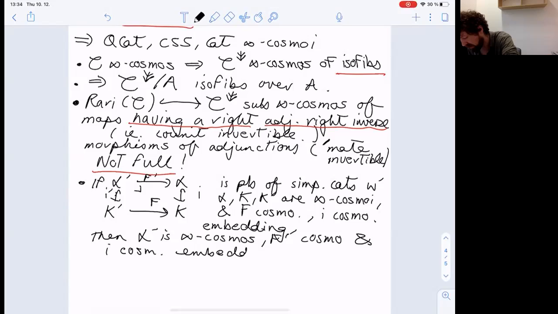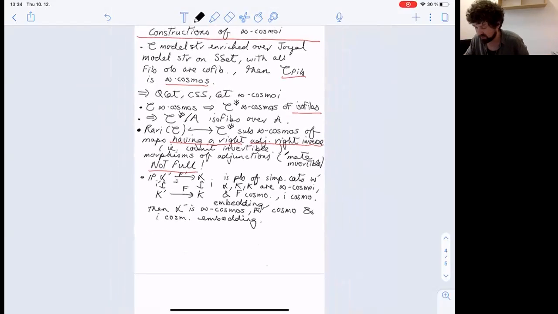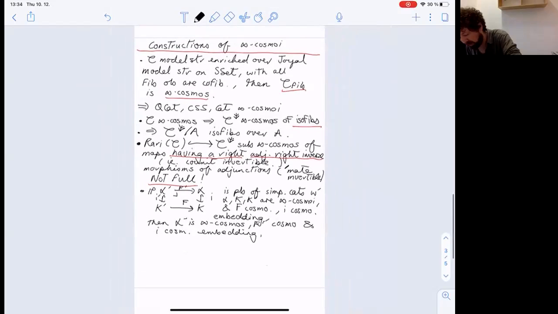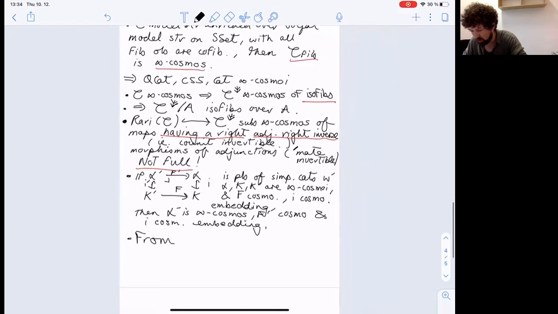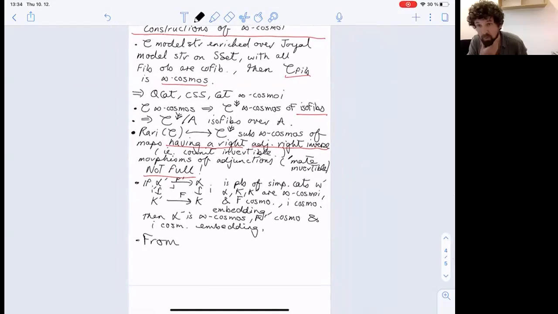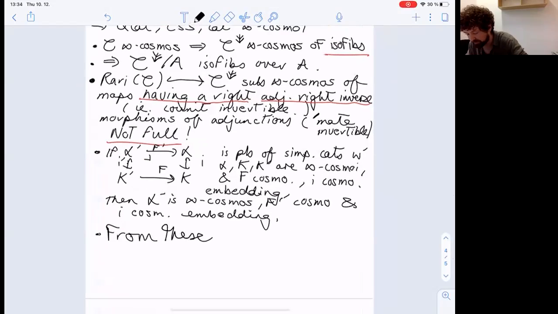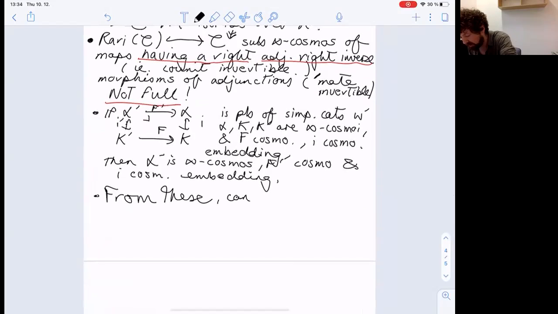Okay, so now don't worry, in a way, you don't need to know this stuff. But the point is that these are the core, perhaps, or at least the core ones that I've noticed from Riehl and Verity's book, the core constructions of infinity cosmoi. So you can build lots of new ones from old. So from these ones, you can construct, for instance, the infinity cosmos